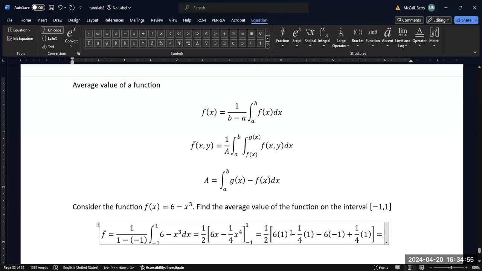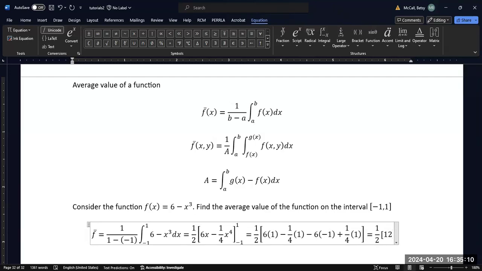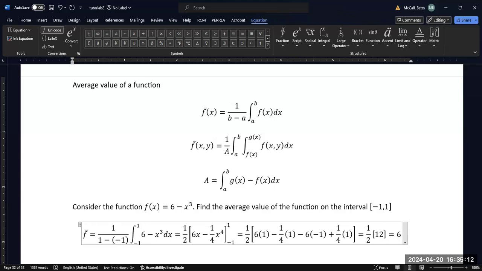So the 1/4 terms are going to cancel, but minus a minus is going to mean the 6 terms are going to add up. And so I'm going to end up with 1/2 times 12, which is equal to 6,